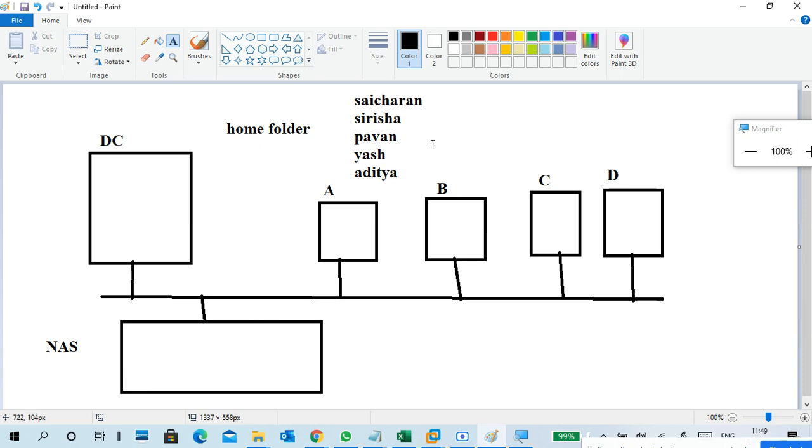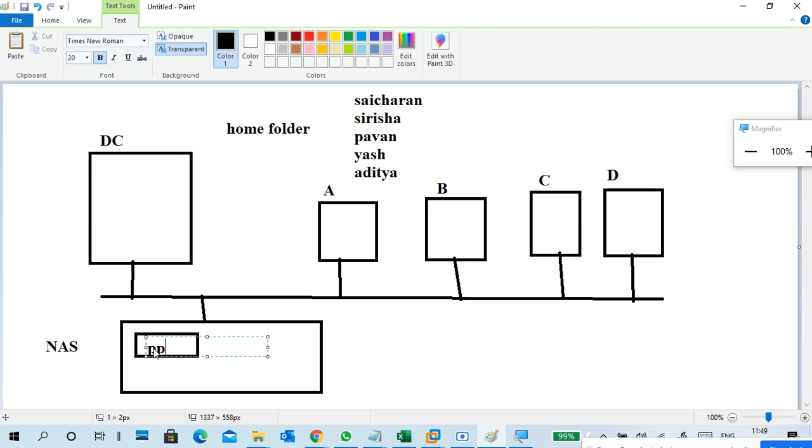Okay, they need documents, right? So what I did is create a folder for the project. For example, put the project name as project 123. Some project like Corona, you can give any project name.